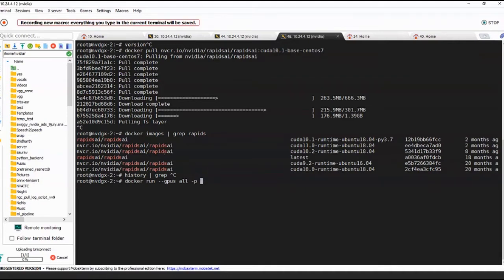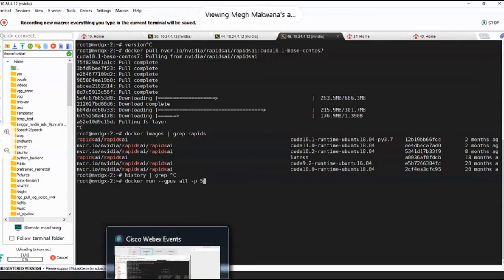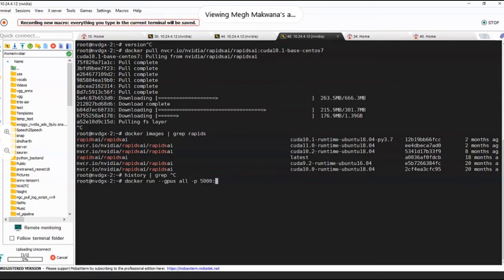So for this particular Docker image or container image to forward its port, which is running inside, to the host system, you'll have to map the port number as well. So in this case, I'm simply going to say 5000 and 8888. The 5000 is the port number on my host machine, and 8888 is the port number inside my container, right?